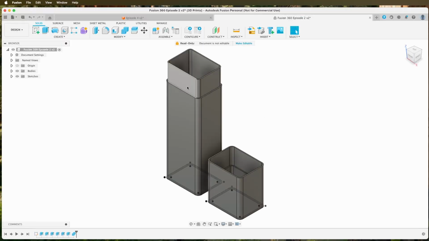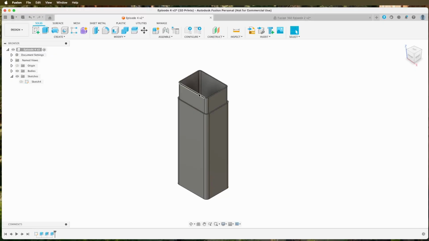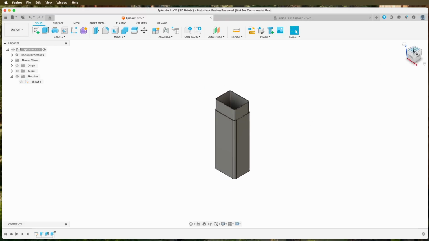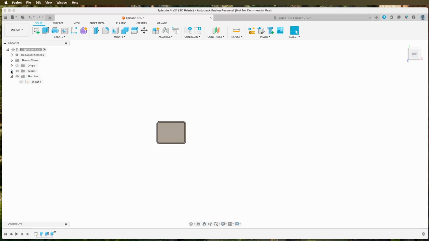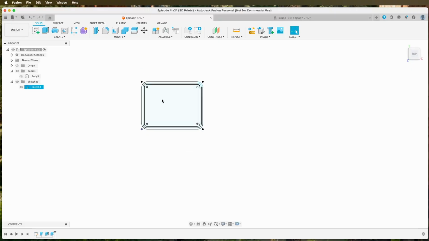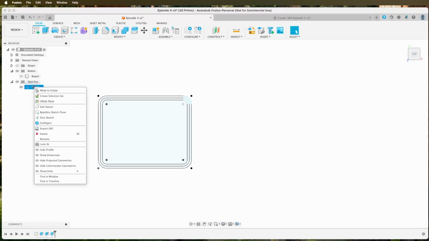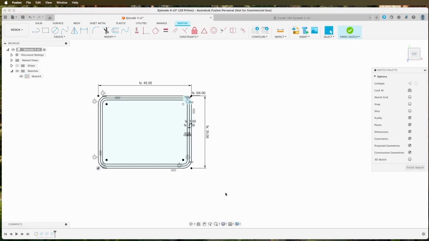And compared to that one, it's absolutely the same. So we have this lip section here, and then we have the full section thickness down here. So now what we need to do is the top part of the item. So we're going to go back to the sketch and edit the sketch,